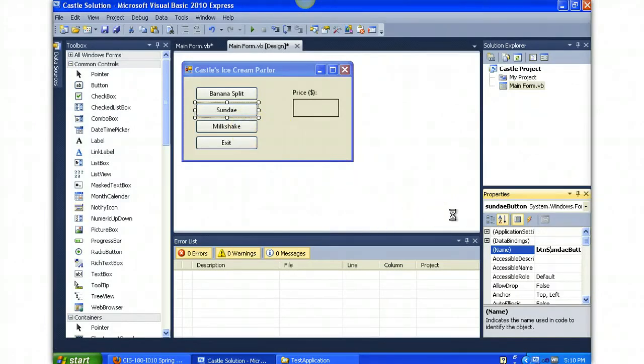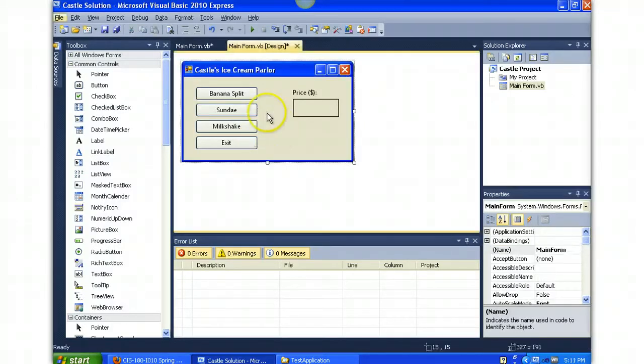I'm just trying to do this to show you what I'm looking for. Okay, I've already renamed all the buttons here, so I'm going to go ahead and go to the code view